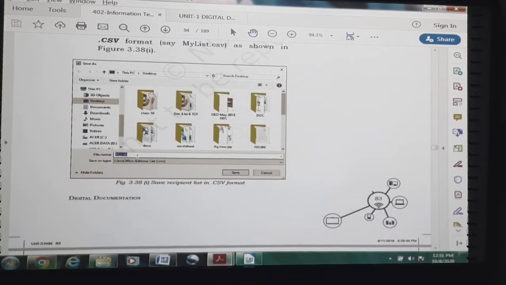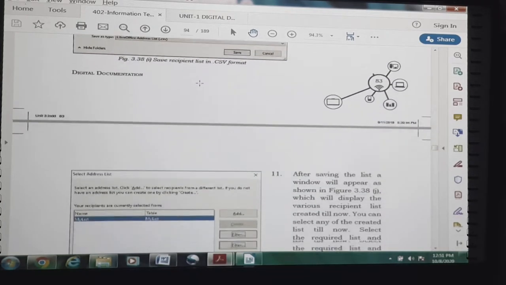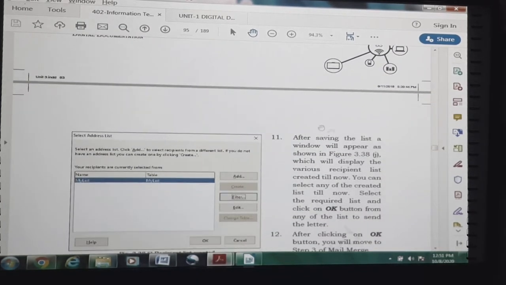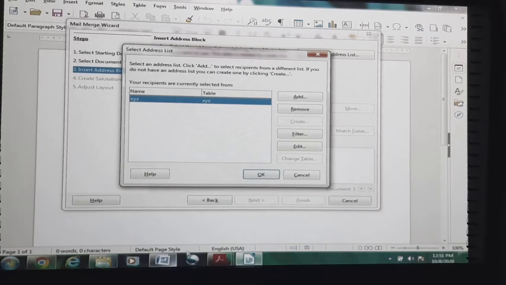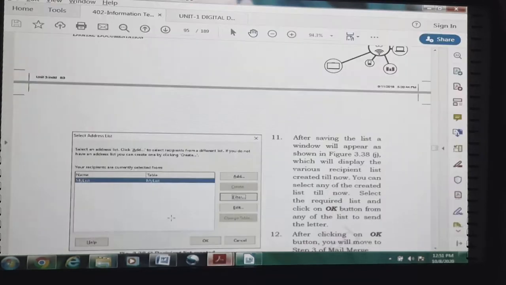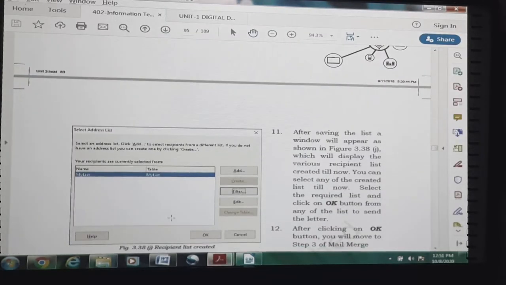After customization, we have to keep a file name for that particular file, and it has to be saved at some location in our computer. After saving, the list will appear like this. See here, I have created the list as XYZ. So my list will get created.